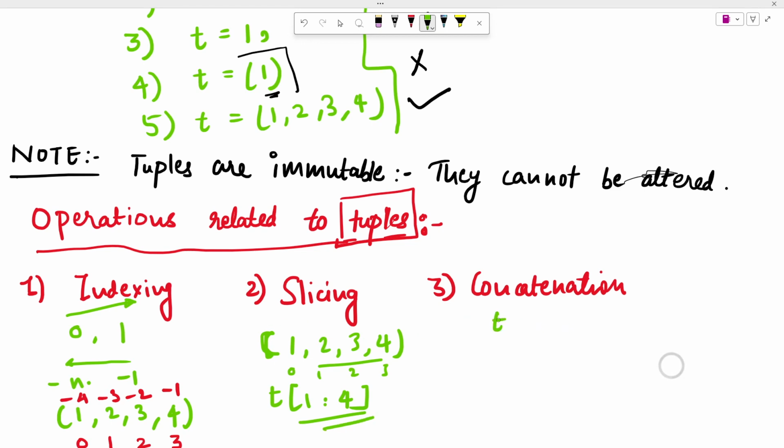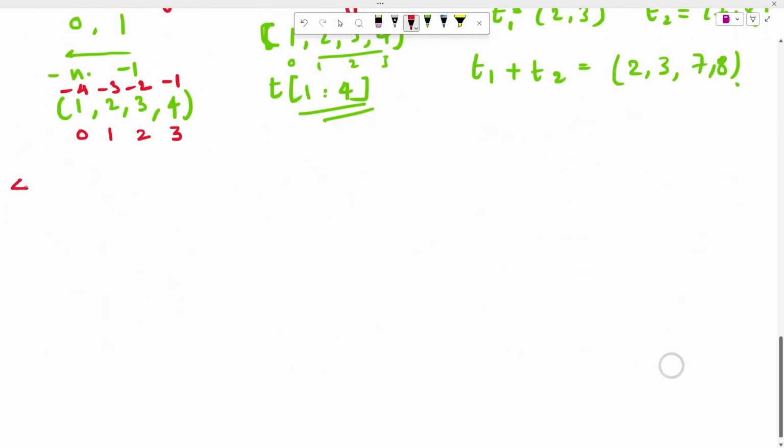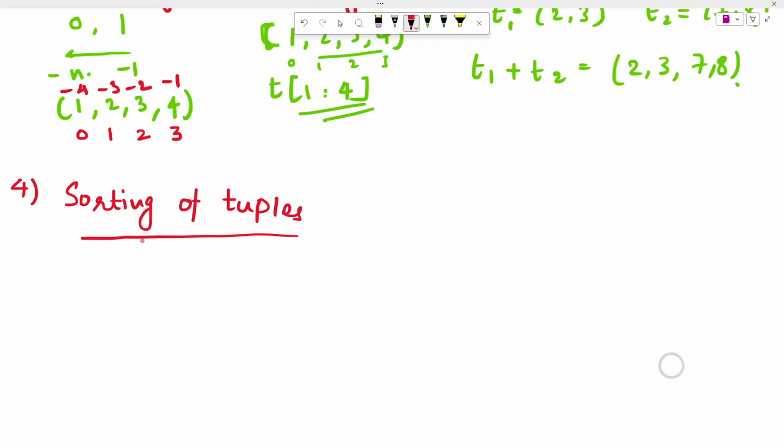In order to do concatenation of tuples, if you do t1 plus t2, you will get 2 3 7 and 8, right? So all the properties of lists are valid in tuples as well. Another property which we studied there was on sorting. So here also we have this sorted function, and if you do sorted of t,